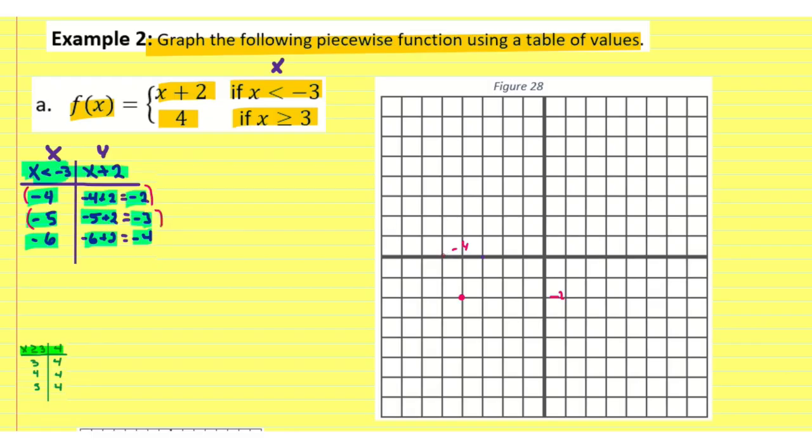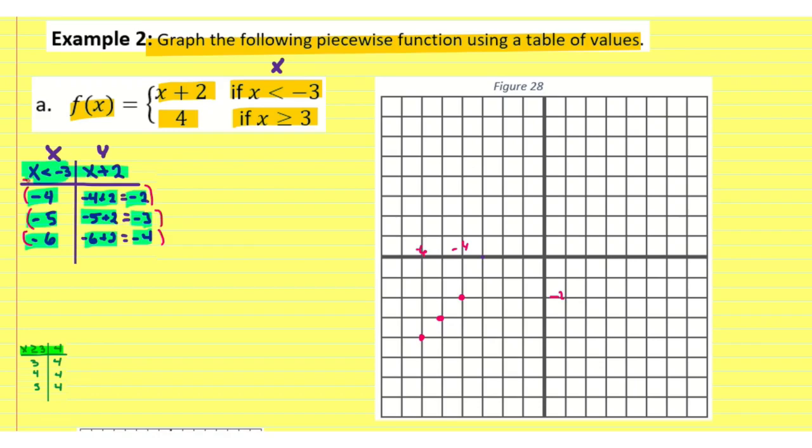So negative 5, and 1, 2, 3. Okay, and then negative 6 and negative 4. So negative 6 would be right there, and then negative 4. So these are points that are created,